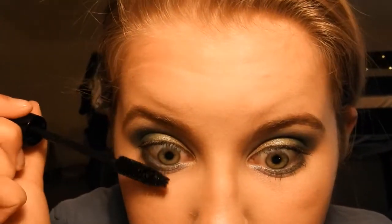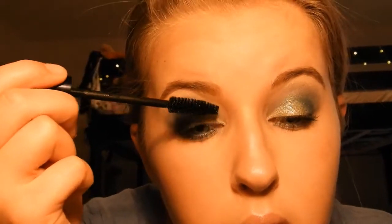And yes, I do curl my eyelashes before I put mascara on. My eyelashes like to stick to the curler, and it kind of feels like they're being ripped off, and it's not a pretty feeling. But this can be avoided by putting a bit of baby powder onto the inside of here. But before we do that, I'm gonna go in with the Urban Decay Heavy Metal Glitter